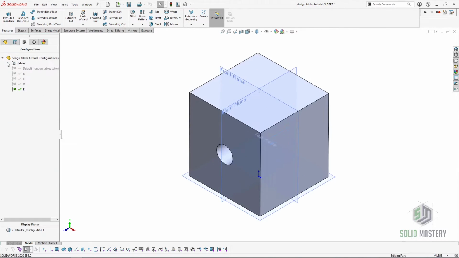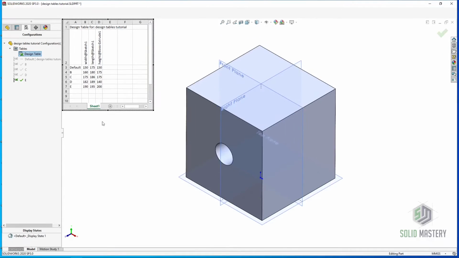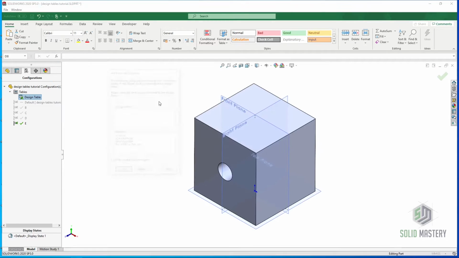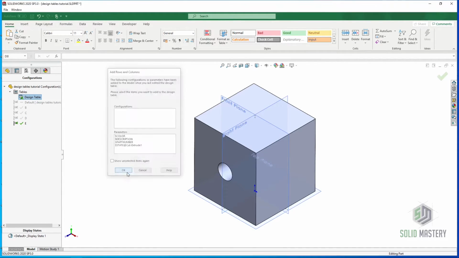For example, we can actually control the suppression state of any feature using the design table. Right click on the design table, the tables folder, edit table, and you'll go back to the design table view. Click OK,